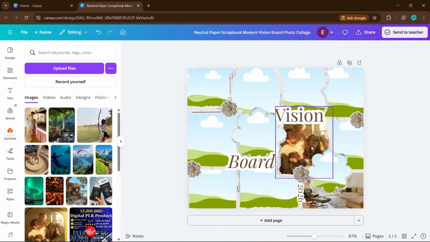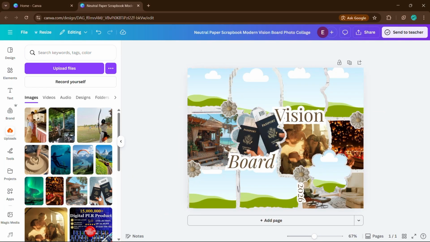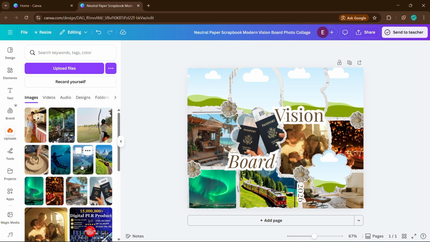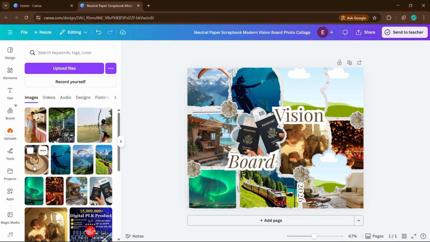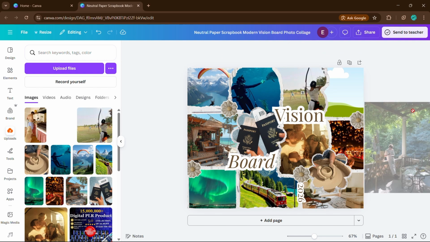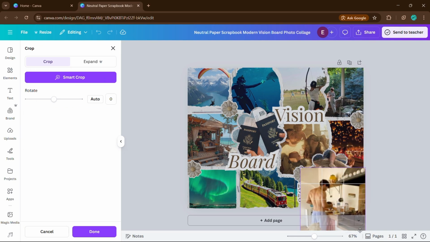I'm going to show you exactly how to make a vision board in Canva using an easy step-by-step method. This is perfect if you want to visualize your goals, set intentions, or create aesthetic inspiration, even if you are